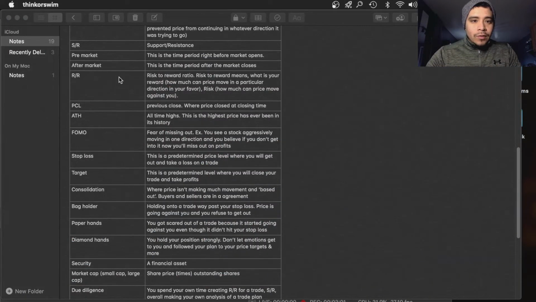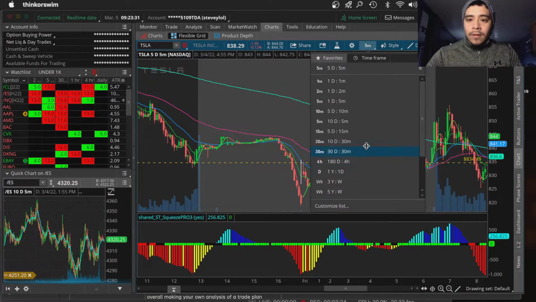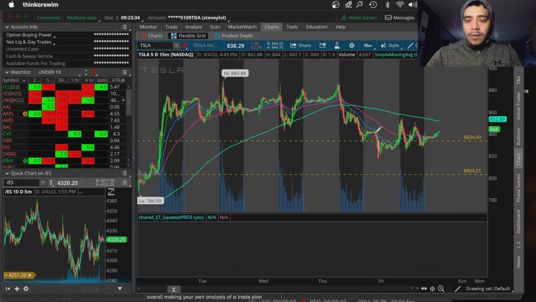All right, let's go to R&R. So this is your risk to reward ratio. Risk to reward, what does this mean? This means what is your reward? How much can price move in a particular direction in your favor? And risk, this is how much price can move against you. So I actually will do a lesson on risk to reward, but to show you a quick example,